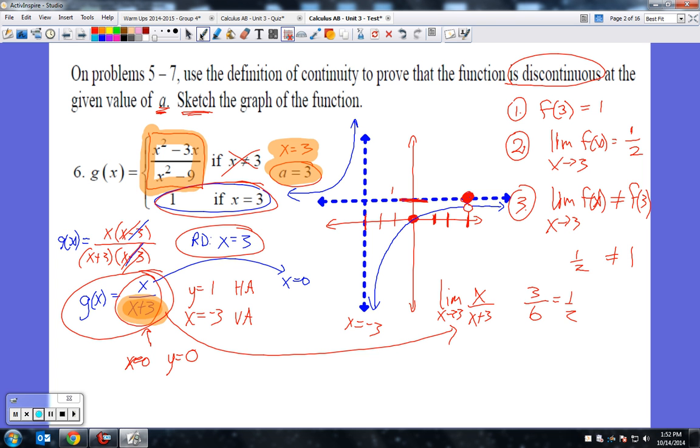Alright, so therefore, f of x is discontinuous at x